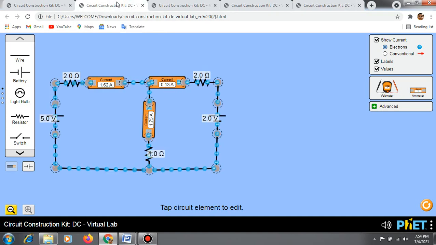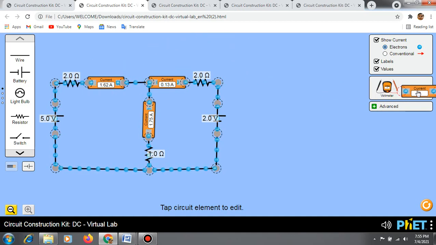So you just have to make the circuit in this manner, and you have to use an ammeter for measuring the current. For the ammeter, you just click this ammeter and drag it here and place it in the place where we want to measure the current. So here you have to place it in this manner.